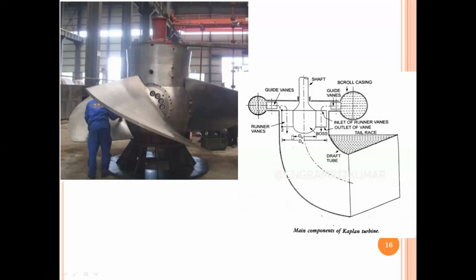Now this internal diameter is called the diameter of the boss, and this outer diameter is called the diameter of the outer surface of the boss, along with the vanes. With the boss or hub along with the vanes, it is called your outer diameter. Okay, and so this is my typical diagram.